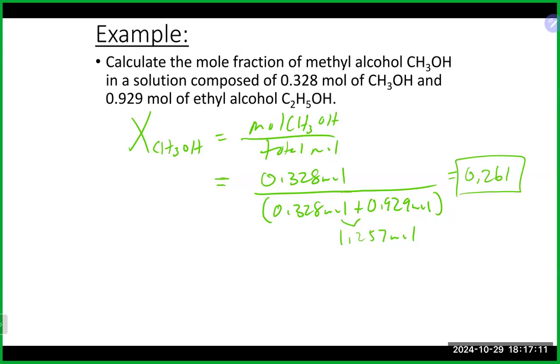Basically, what that means is it's about 26% made up of that. If we wanted to do the other one, we could do the same calculation. X for our ethanol, our ethyl alcohol, would be 0.929 divided by 1.257 moles, which is our total moles. And that would get us the mole fraction of this one,